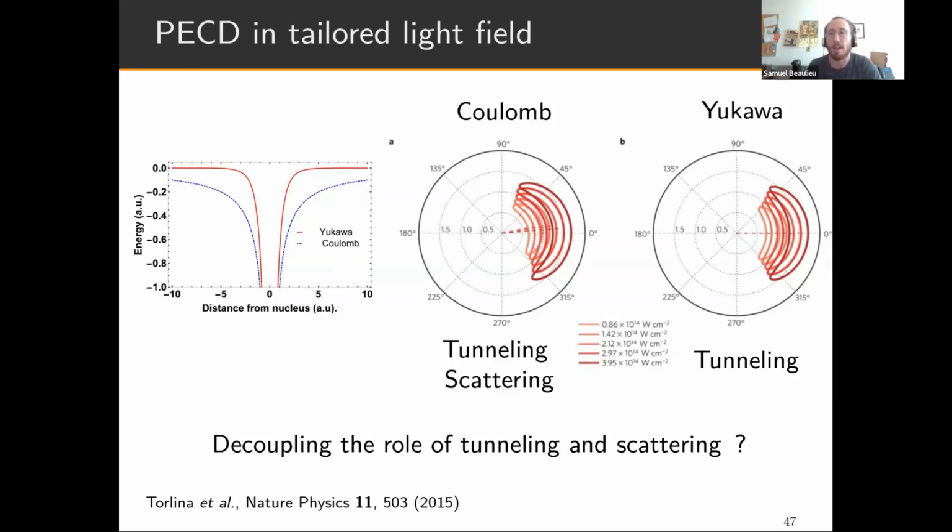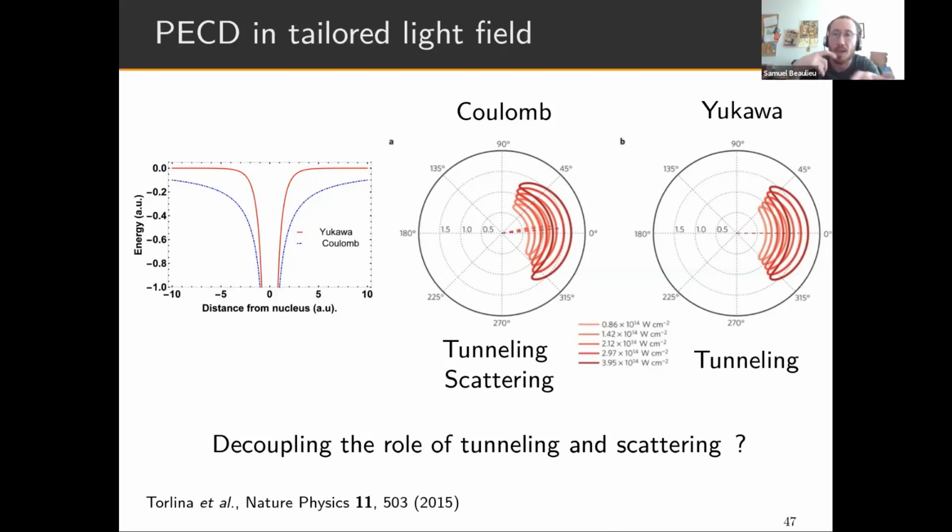And so they calculated this angular streaking using elliptically polarized light with two different potentials, a Coulomb potential and a Yukawa screened potential. And Torlina and coworkers have demonstrated a very clever strategy to answer this question with these